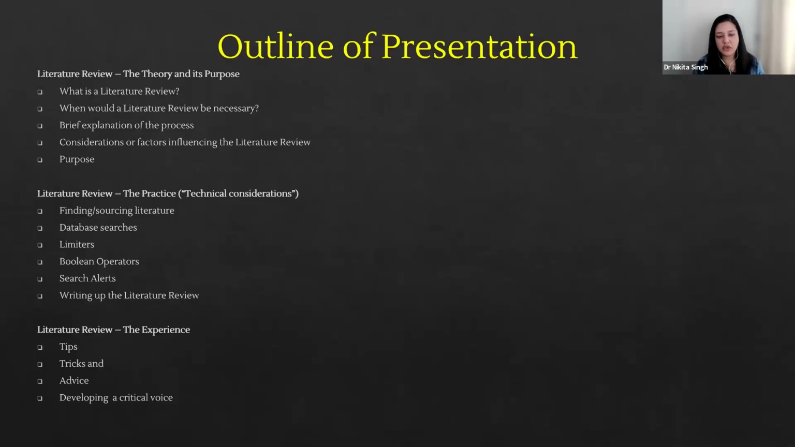So this section of the presentation is going to be very practical, looking at practical steps on how to find, use, and write up literature. And then I'll conclude the presentation by looking at some of the things that I've picked up over the years, which you could call tips or tricks, or even advice, around writing up your literature review, around finding information, putting it down, and